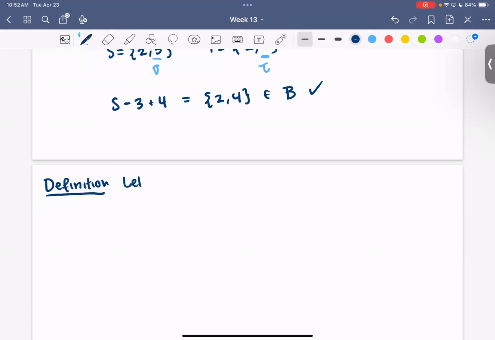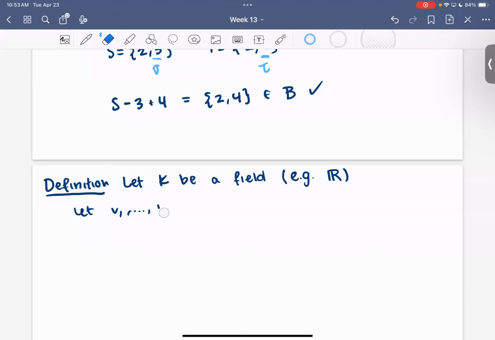So let's let K be a field. If you like, this could just be R. And we'll let V1 up to Vn in K to the little k be vectors. Then